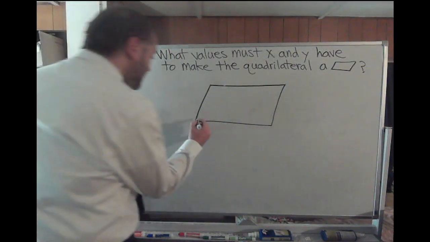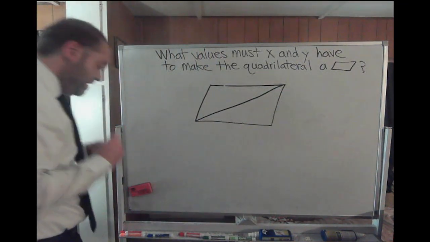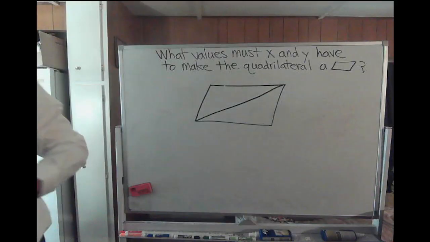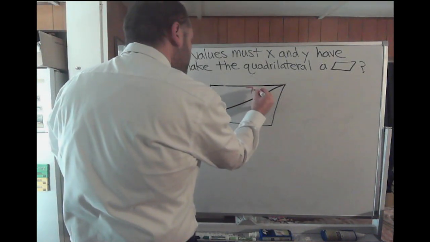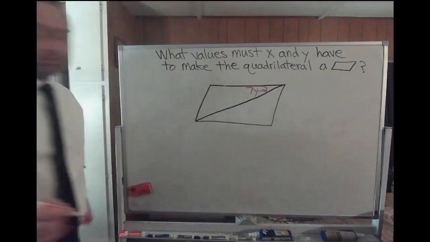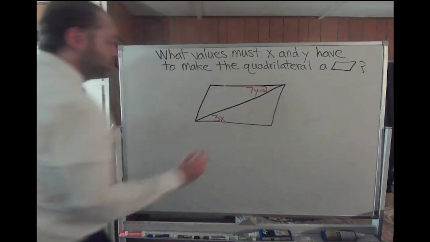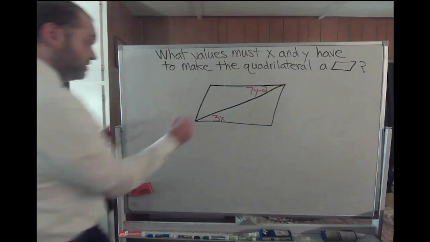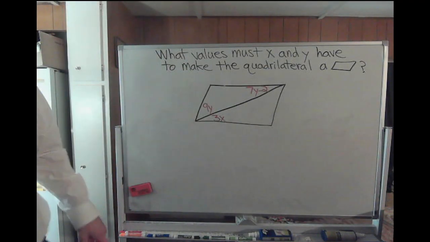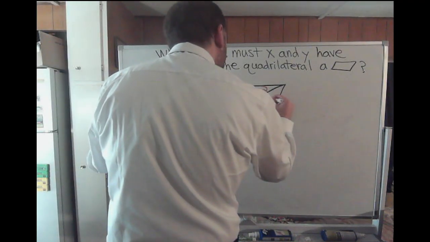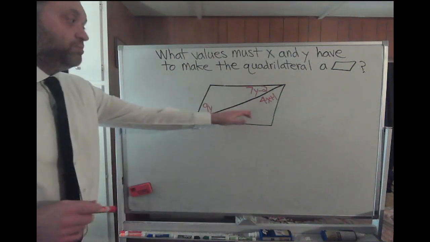We just have one diagonal, which is going this way. Alright, what do we got here? This is 7y minus 2. This here is 3x. This here is 9y. This angle here is 4x plus 1. Alright, so we got all of our angle measurements. Well,